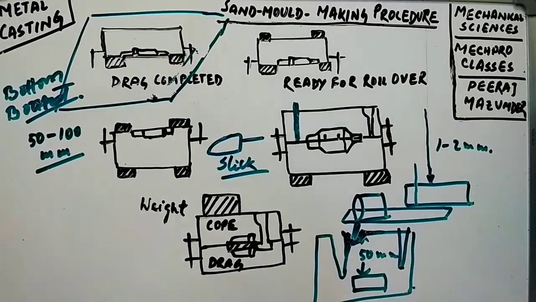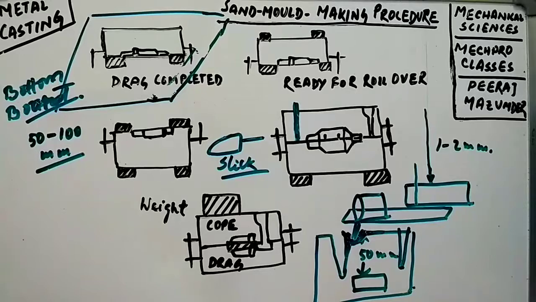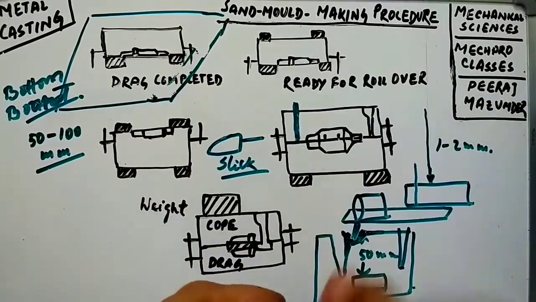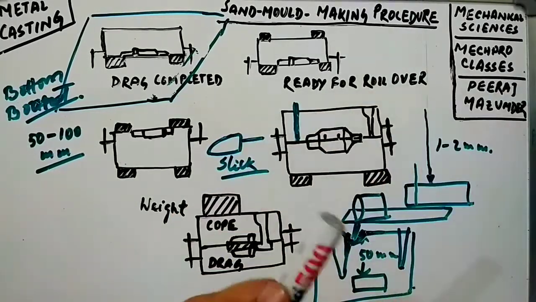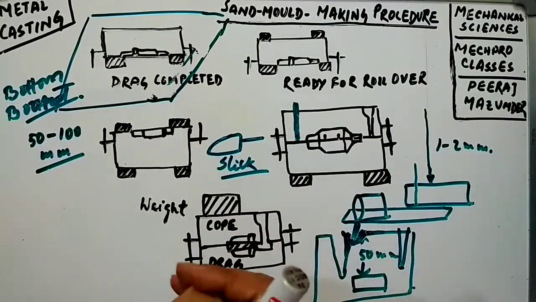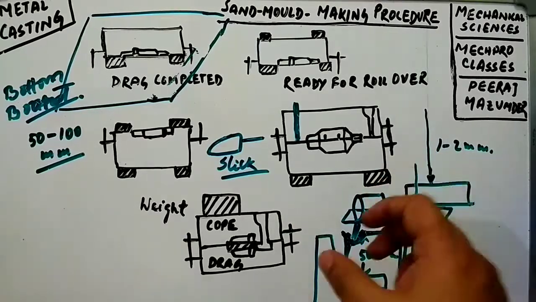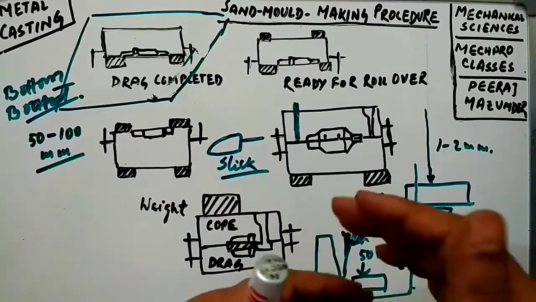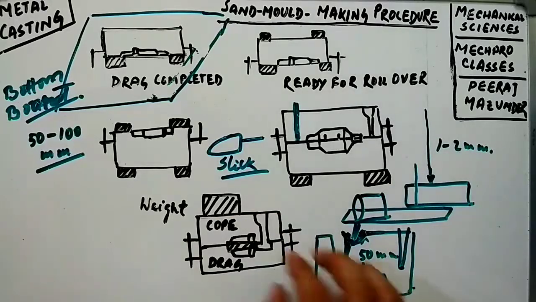long structure. I'll show the pictures in later classes, the different tools used in repairing the casting. You can also find pictures of the slicks and bellows on the internet. Okay, now next we have to do the cope and drag pattern. Hubs are to be withdrawn by using draw spikes. They are also a kind of tool, and then we have to wrap the pattern all over to slightly enlarge the mold cavity.